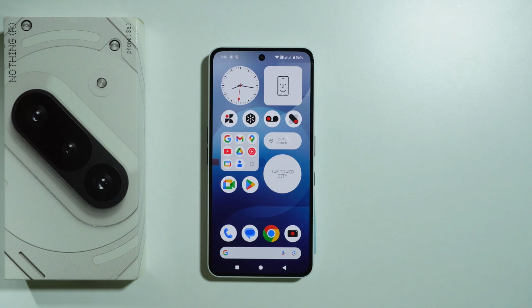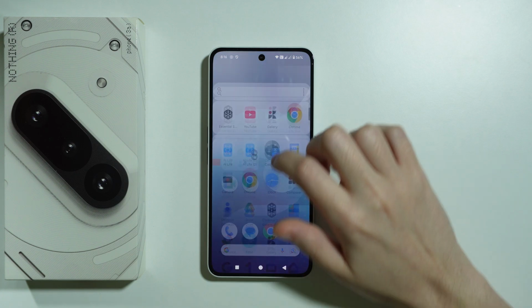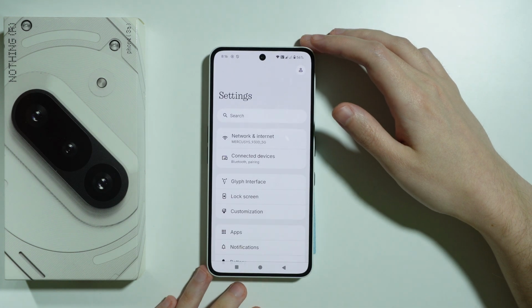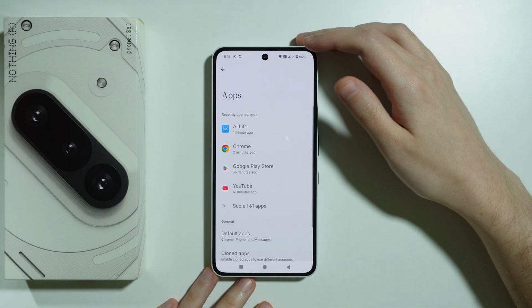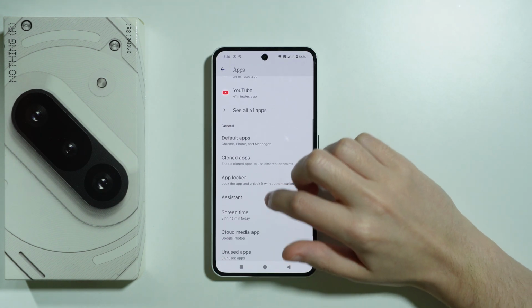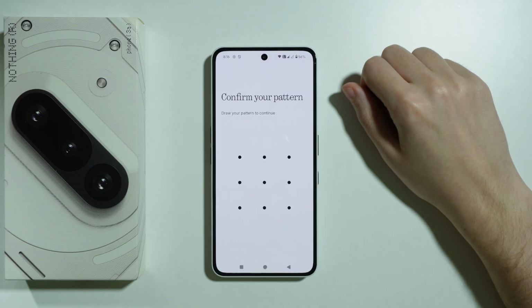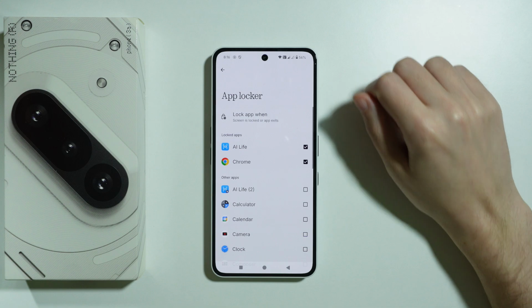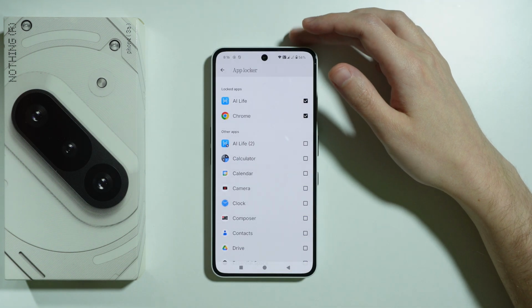In order to find App Lock on a Nothing Phone 3A, we need to go to Settings. In the Settings, go to Apps. And now we need to scroll down a little bit to find the App Locker over here. Now we need to enter the screen lock password, and now you can choose which apps should be locked by